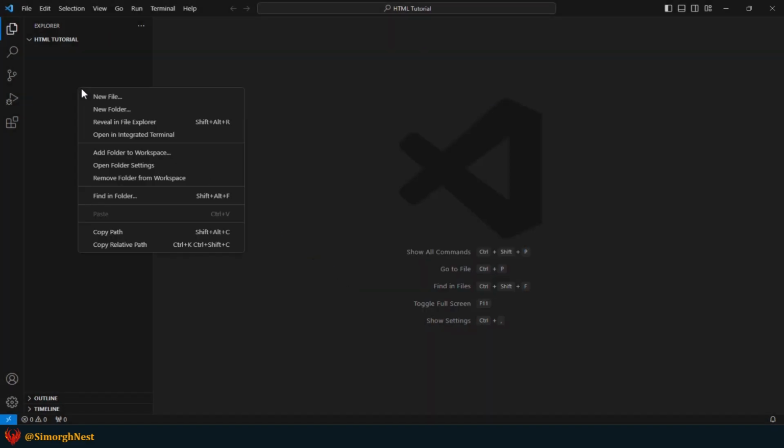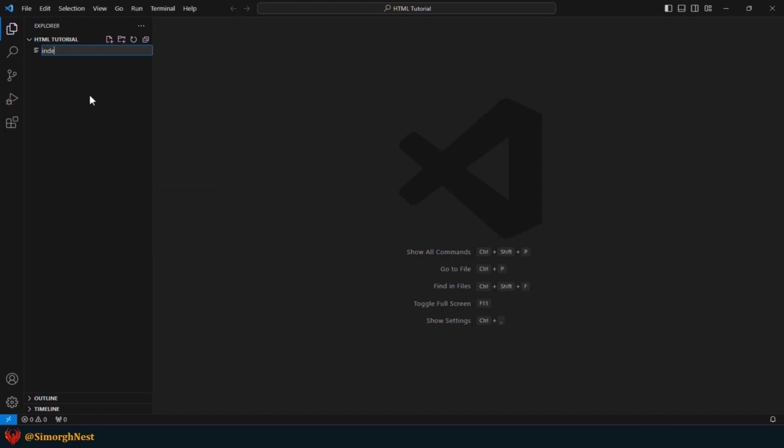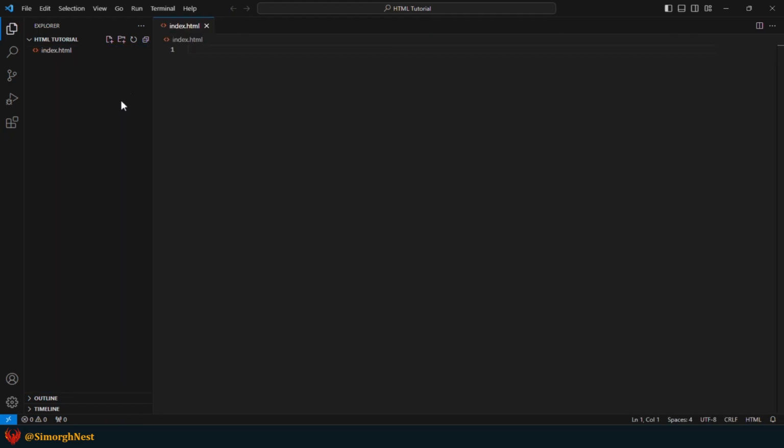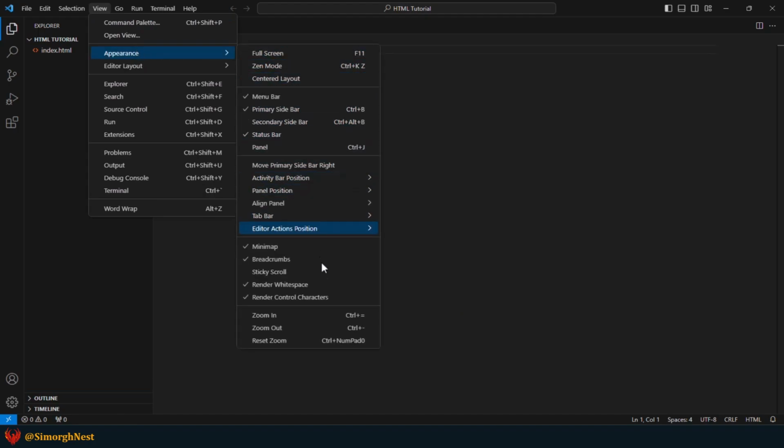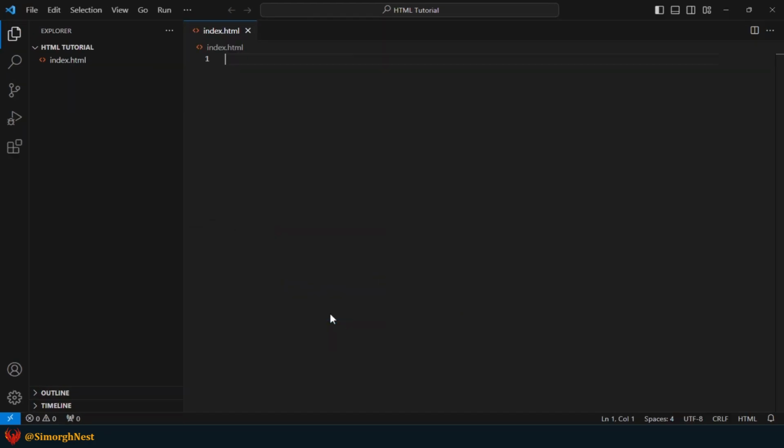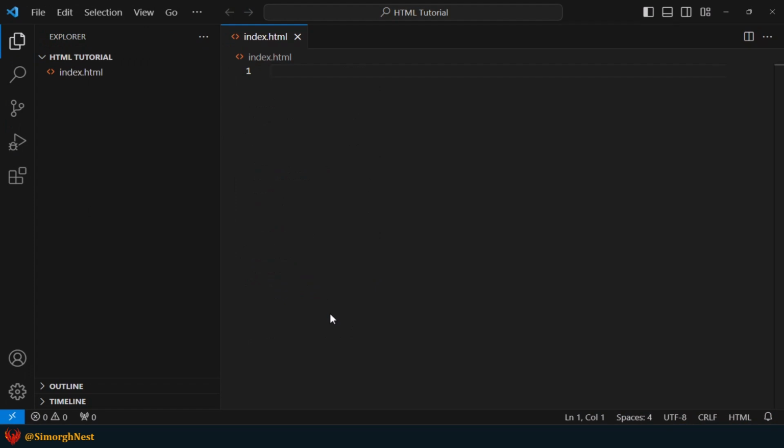Alright, next, let's add an HTML file named index. Every HTML file must have a special extension for web browsers to recognize them as an HTML document. This extension is either .htm or .html. In this course, we use .html. Alright, to make VS Code appear larger, let's zoom in. We hope this size is suitable for your reading. Okay, we have an HTML file. Now, let's add a valid HTML document to this file.